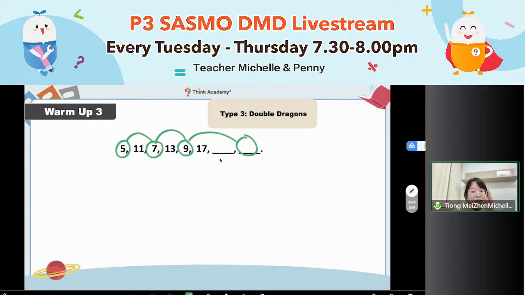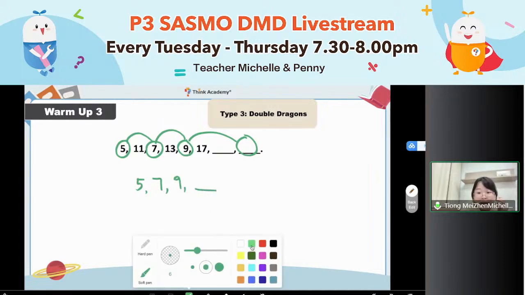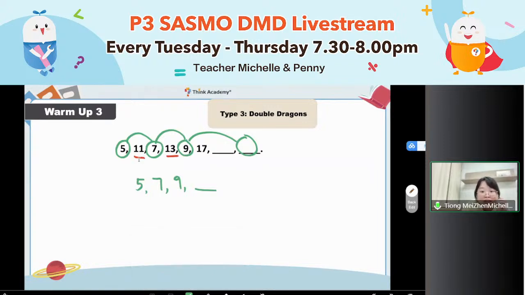Double dragons actually means there are two sequences inside. Let's list out the first sequence. What are they? You will have 5, 7, 9, and the next blank. The second sequence will be, let me use red color, okay? The second sequence is here. The second one, the third, the fourth one, and the sixth one. It will be 11, 13,